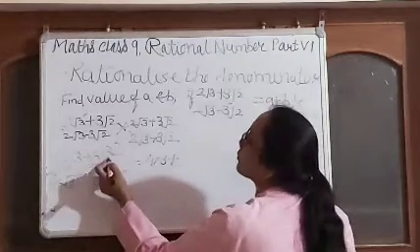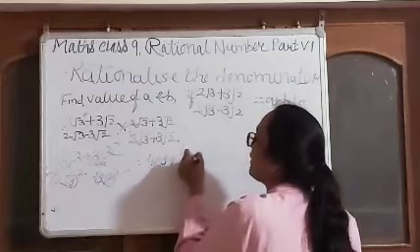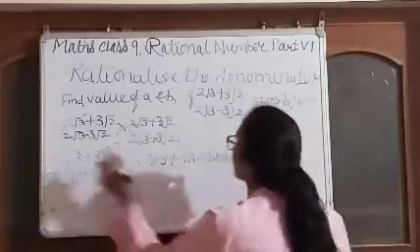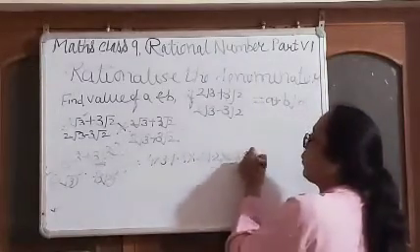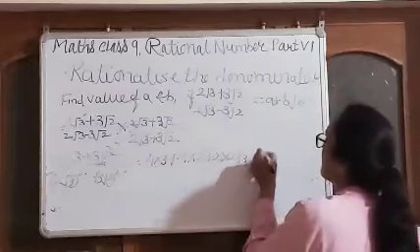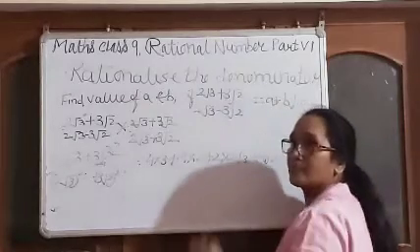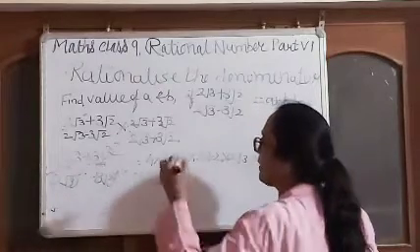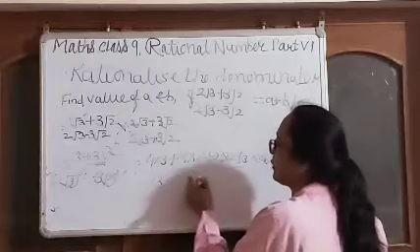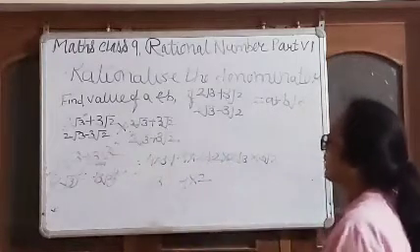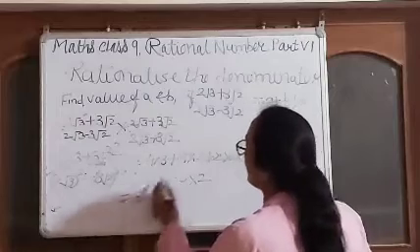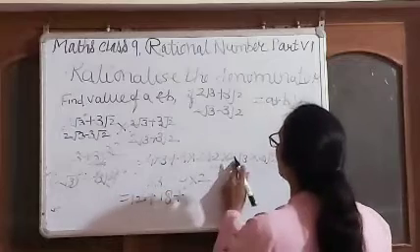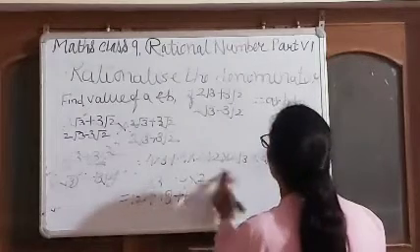So what is the square of 3 root 2? 3 square is 9, and root 2 square means 2. Plus 2 into A into B upon 2 square, which is 4 into 3, minus 3 square, which is 9 into 2. Now we will solve this. 4 3s are 12, plus 9 2s are 18, plus 2 into 2 root 3 means 4 root 3.